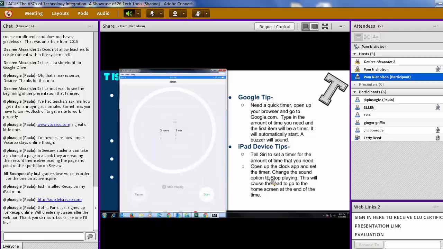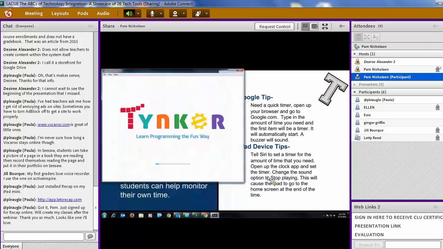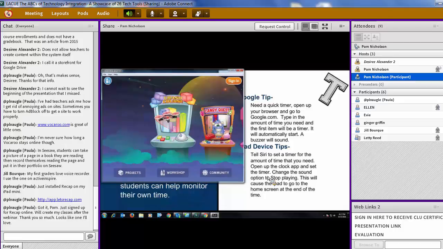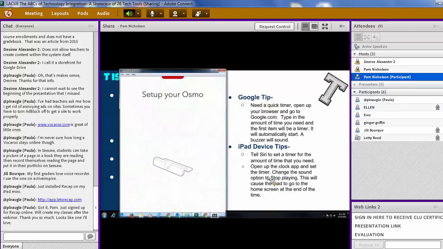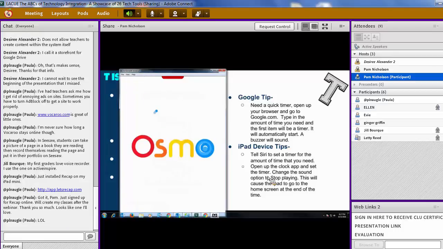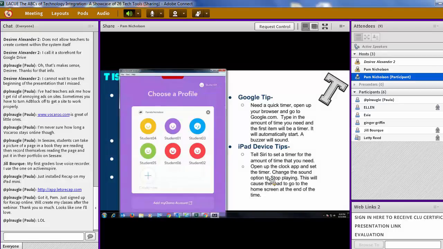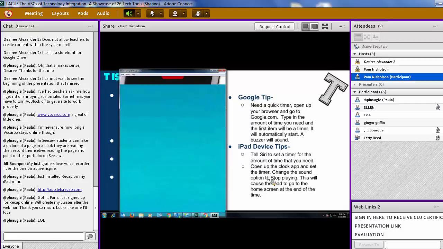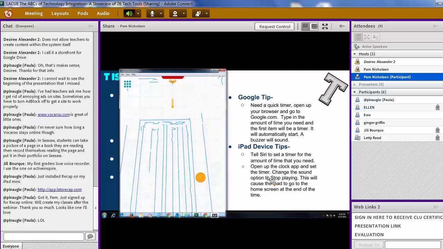And so what's going to happen is when I start that timer and I exit out, it doesn't matter what I'm doing. I can go to Tinker. I can be doing whatever I want to. I can leave Tinker, maybe go to Newton for a little bit. And this is going to be like the longest 1 minute of my life. But I'm just going to hang out here in Osmo and do a bunch of things and see what happens. Osmo's going to make some noise for me. So I'm going to go ahead and just work on it. And so whatever I want to do,